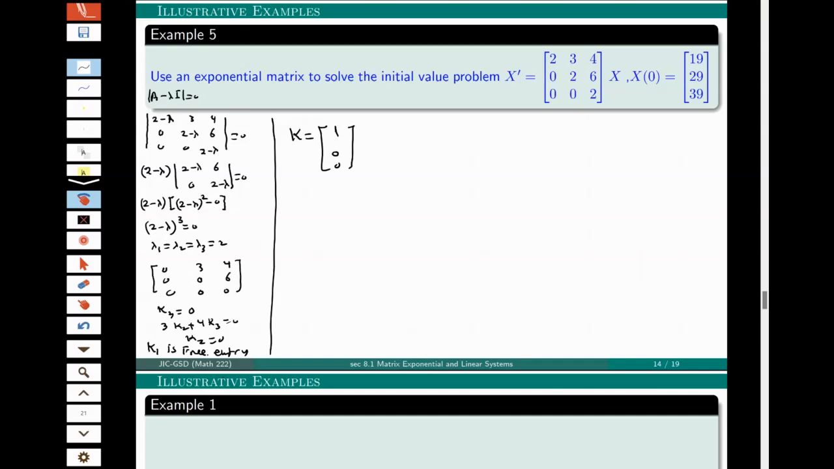Wait a minute. If I have only one, so I will have here e to the power